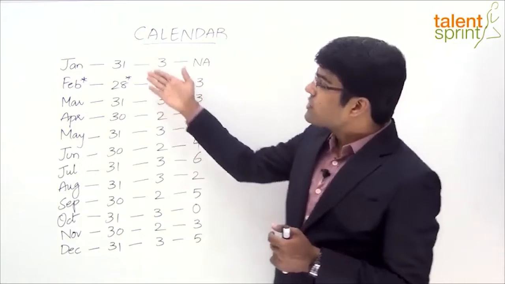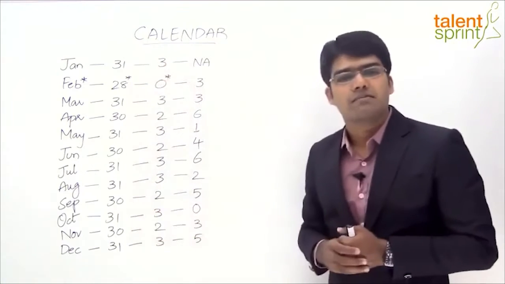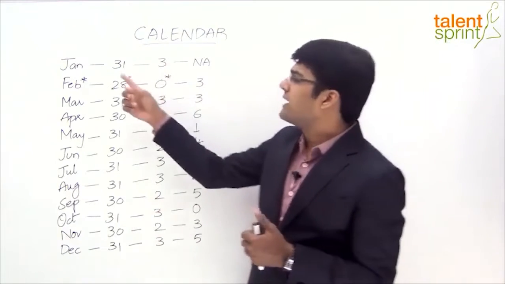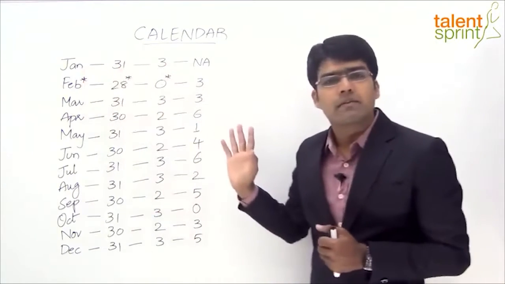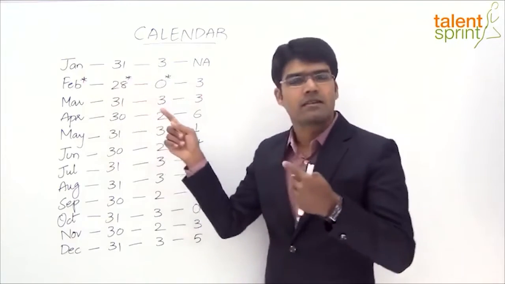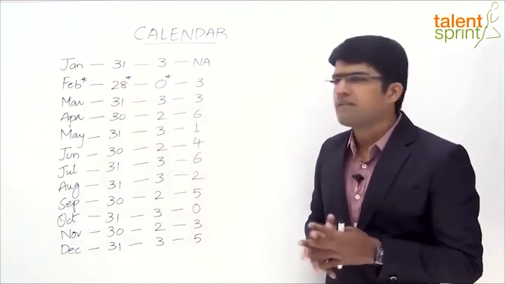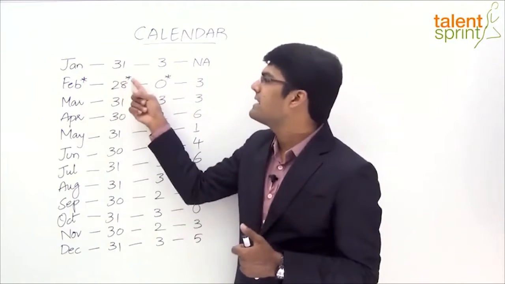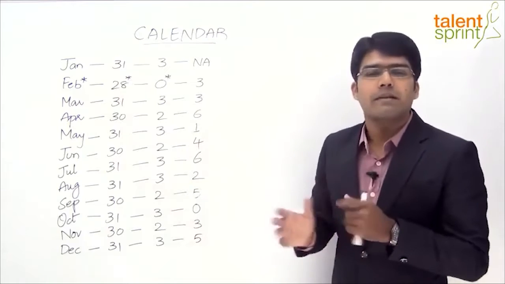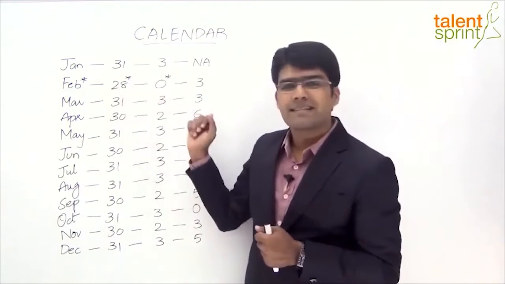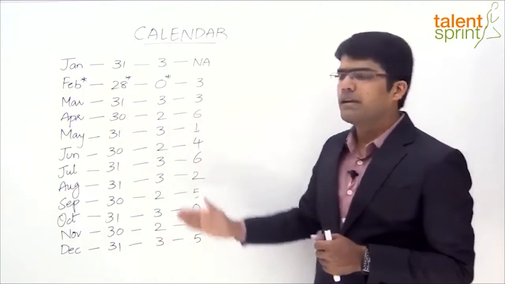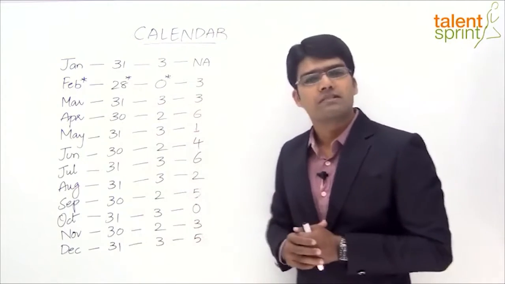So we have to be a little careful if the given year is a leap year. The second column here shows the number of days in each of these months, for an ordinary year, as we have considered an ordinary year here. So in the month of January there are 31 days. In the month of Feb, 28 days, because, as I said, we have considered an ordinary year here. If it is a leap year, it should be 29, and that is the reason that we have a star mark, which means we need to be a little careful for that particular month. Then March again has 31 days, so on up to December. So the second column indicates the number of days in each of these months.